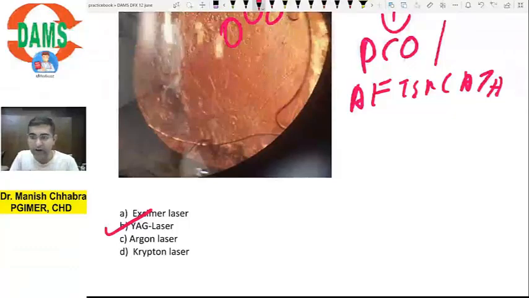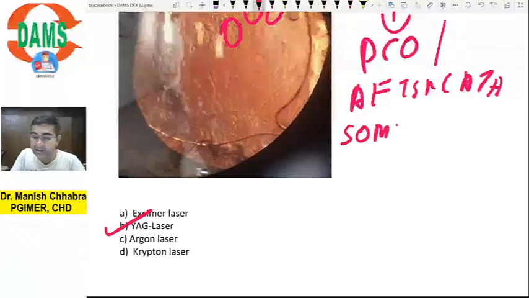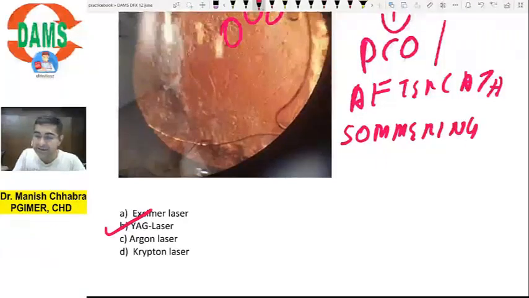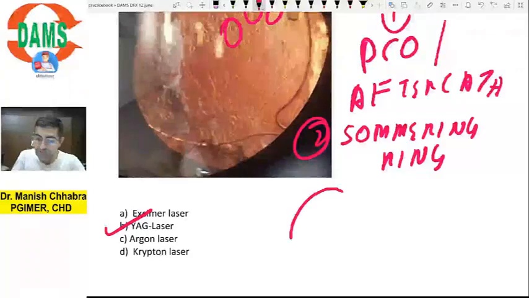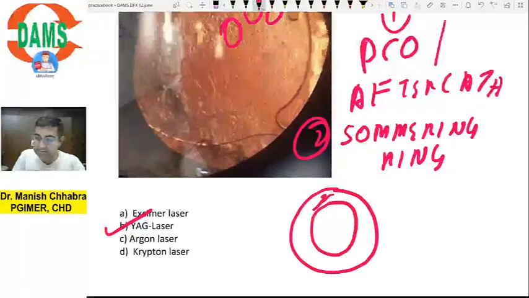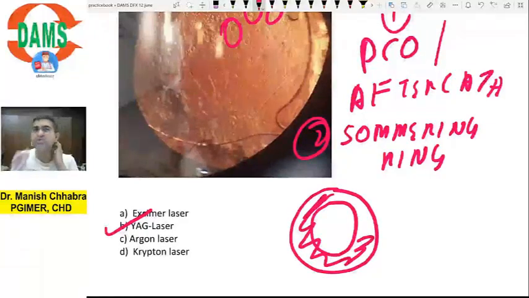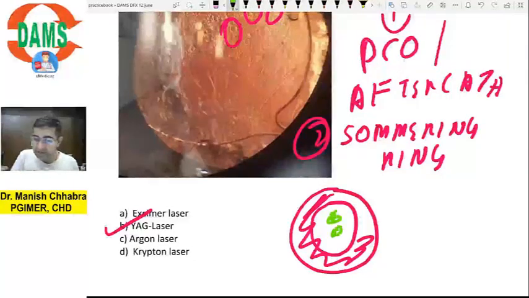So after cataract can be of two types. One is Sommering ring. Another is Elschnig pearls. So Elschnig pearls are pearl like, present in the center, while Sommering ring is ring like, present at the periphery. So in Sommering ring you generally don't do anything, right? Because it is not central. So that's absolutely okay. The patient's vision is not that deteriorated. But Elschnig pearls are present at the center and they restrict the vision.